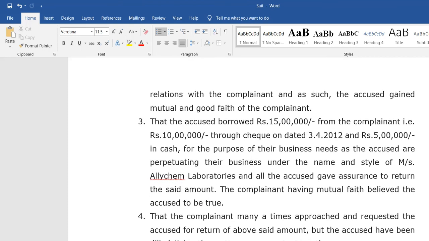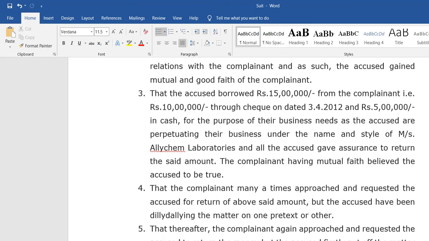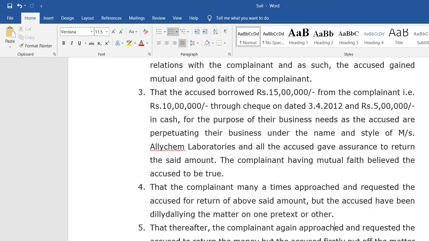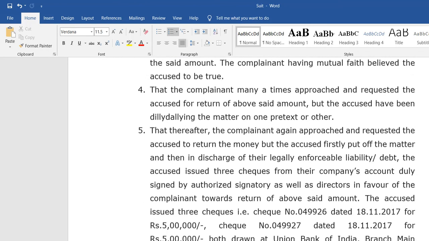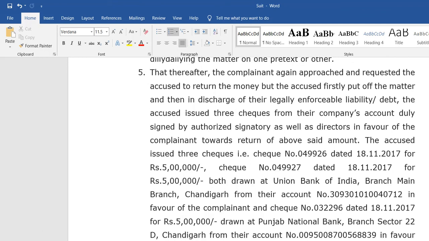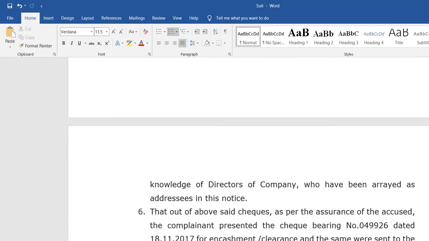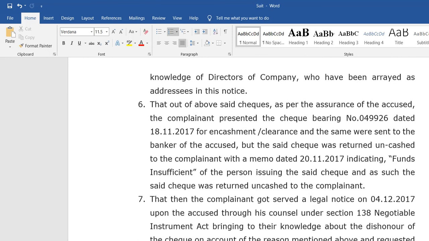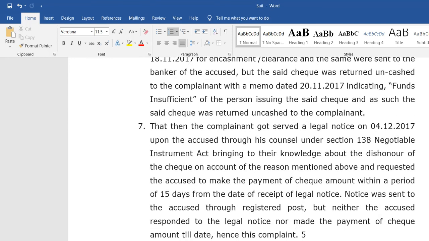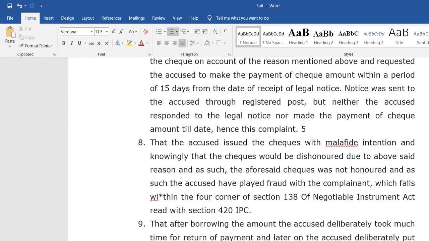Here you can see, when we come to the cheque number, the detailed issues. He has created many issues, and for each and every issue the court has to give a detailed solution.